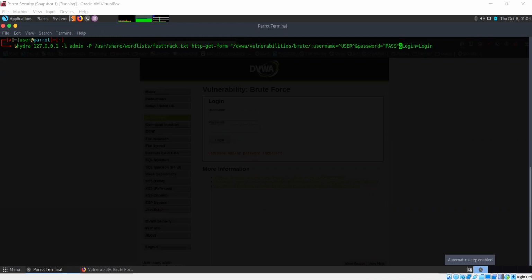Now we have specified this IP address and URL, but we also need to tell it what to expect in case our login fails. So in that case, what I need to do is I'll again add a colon here.